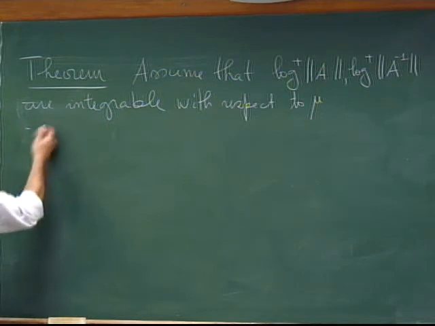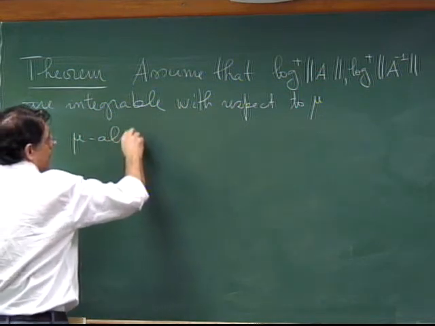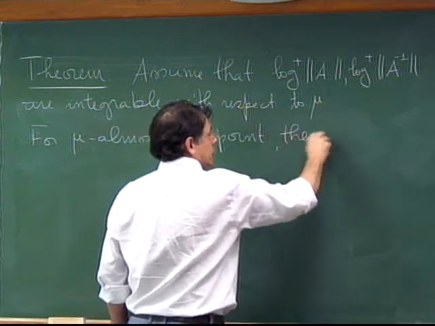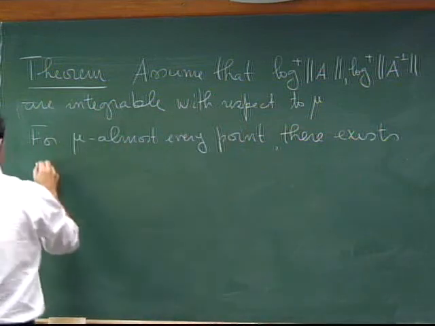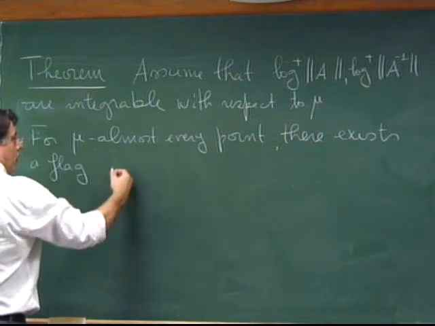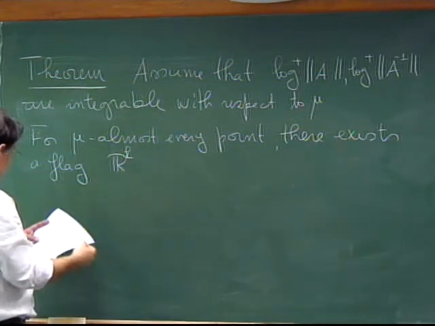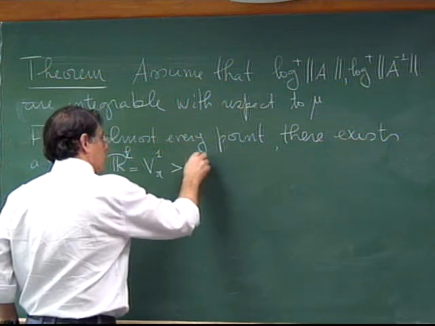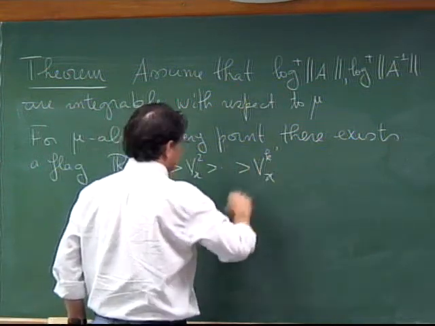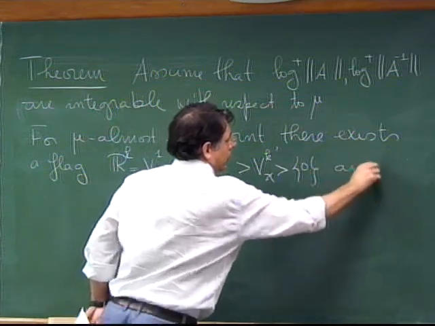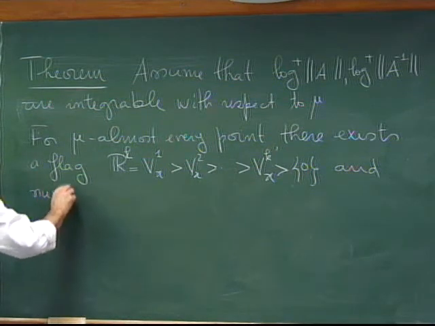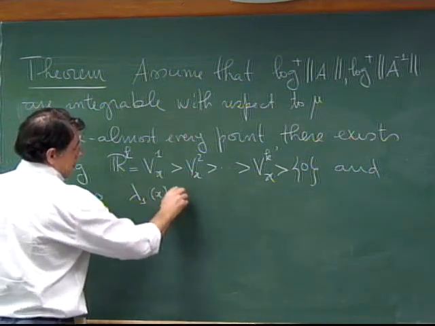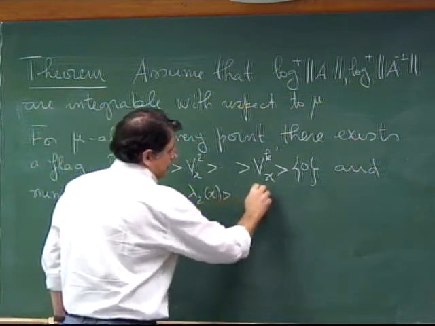Then the statement is that for mu almost every point there exists a flag R^d equals V1(x) containing ... Vk(x), and numbers lambda 1(x) bigger than lambda 2(x) bigger than ... lambda k(x)